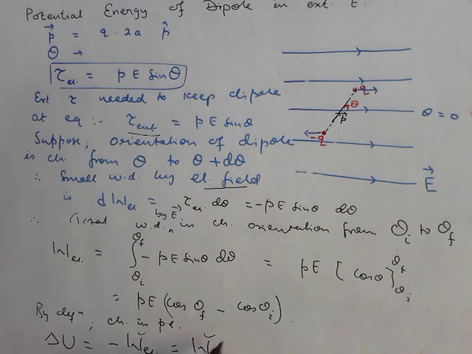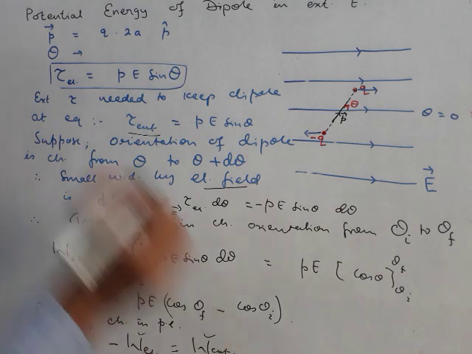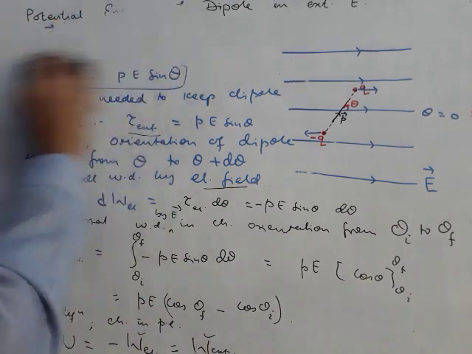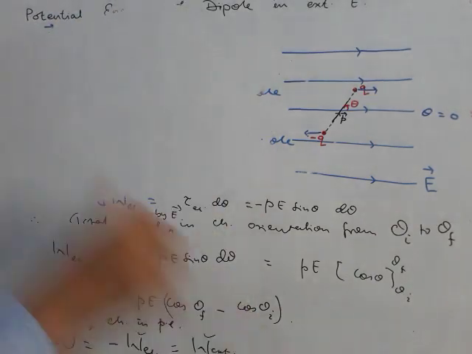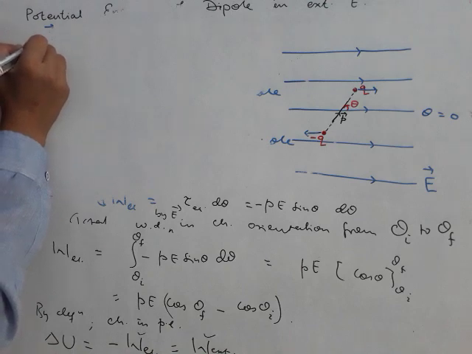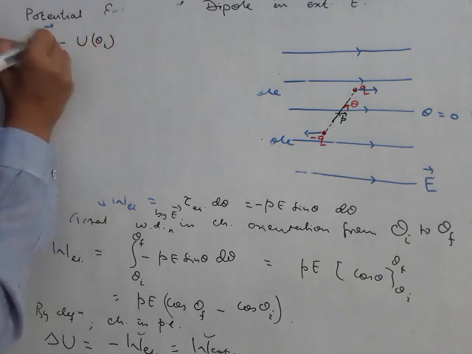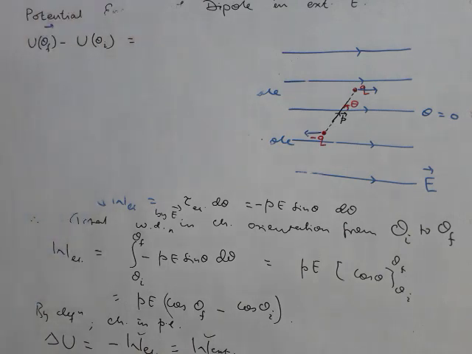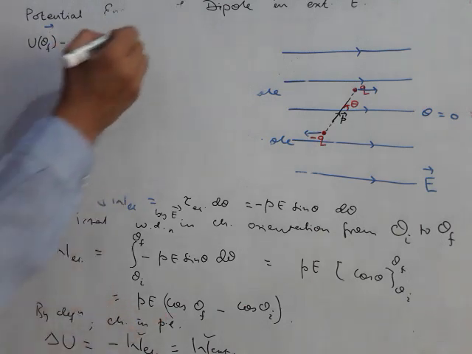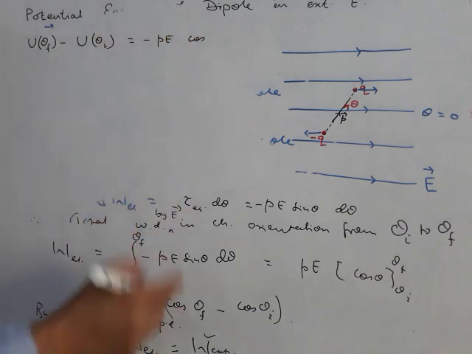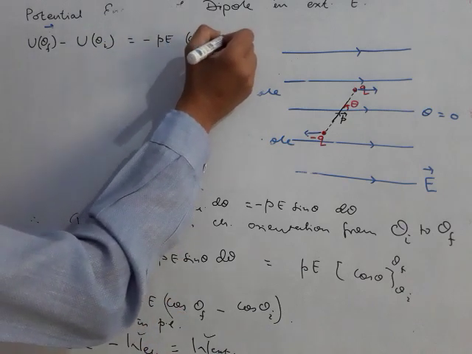So now how do we write this expression then? Delta U is the change in potential energy. So change in potential energy is nothing but final potential energy minus initial potential energy. Final means at theta f, initial means at theta I. So this is equal to negative of W electrical. W electrical we have got this much. It's negative. So it becomes how much? Minus P times E times cos theta f minus cos